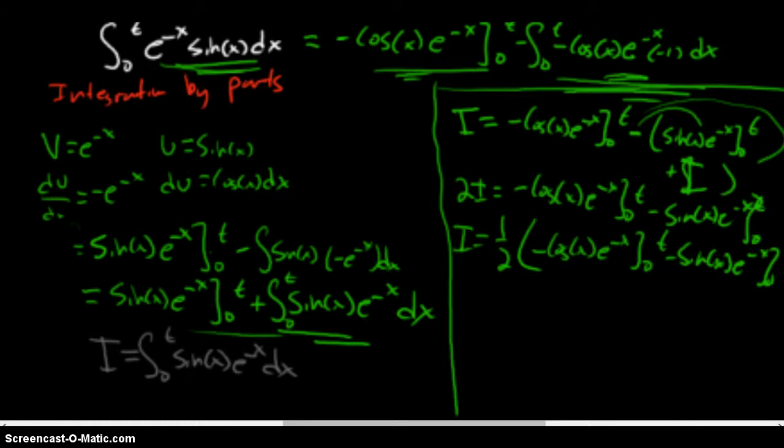Okay, so evaluating the results of the integral, we get 1/2 of minus cos. The t will sub in, so cos t e to the minus t minus cosine at 0, and e to the minus x at 0 is just 1, so we get minus 1. So this will be I equal to 1/2 of minus cos t e to the minus t, and then minus cosine at 0 is 1, e to the minus x at 0 is 1, so minus 1. And then we get minus,